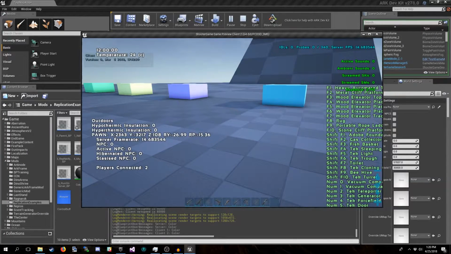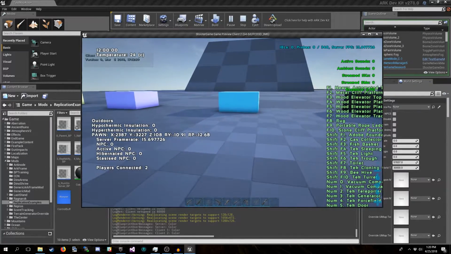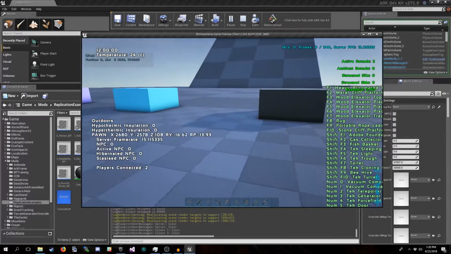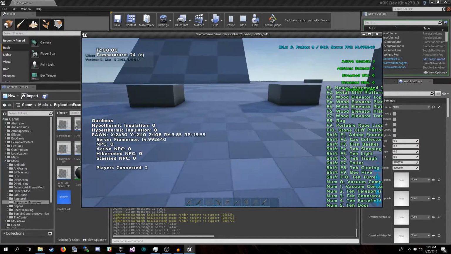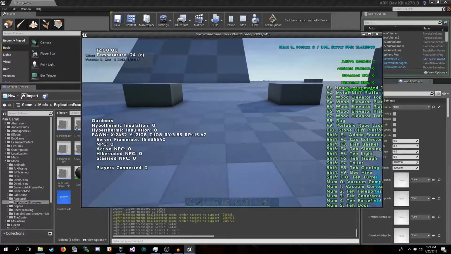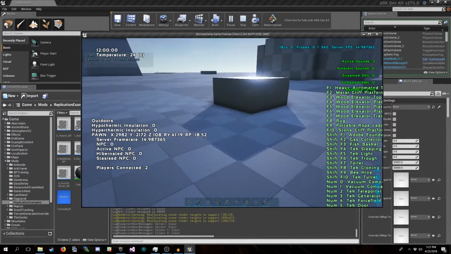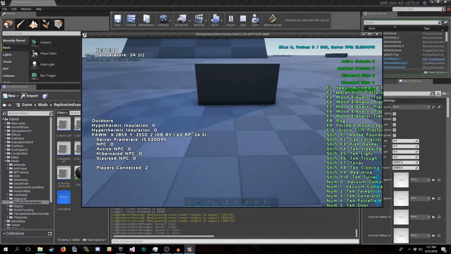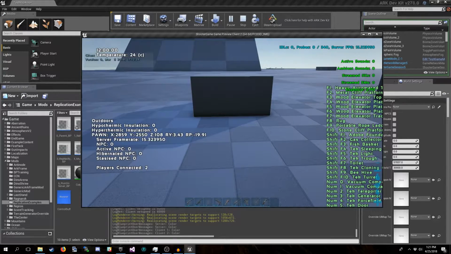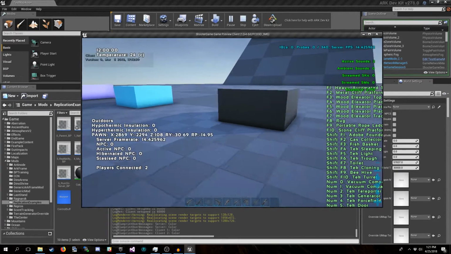There we go. It took a little bit of time for it to actually change the color. Again, multicasting, replication, it's not immediate. Now these two, they're not working. That's example 5 there and example 6. Example 5 is our run-on client example. So why isn't it working? Let's open it up.